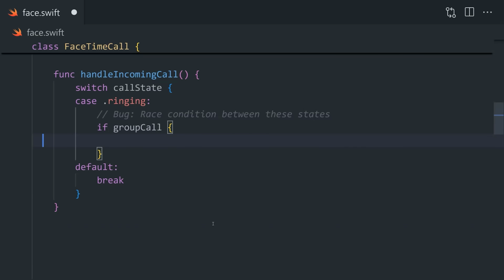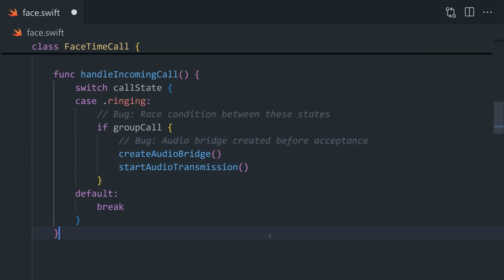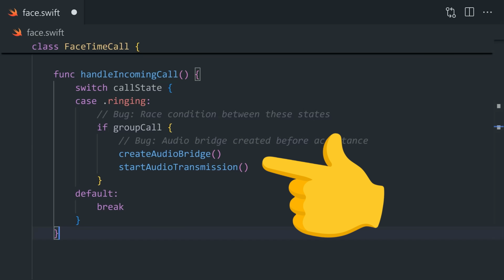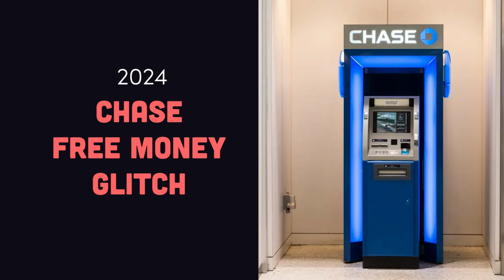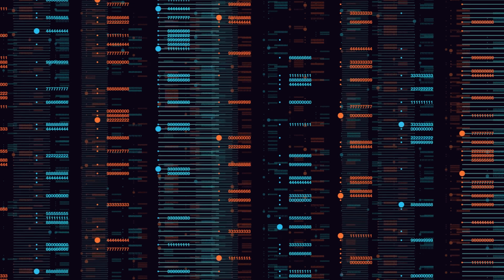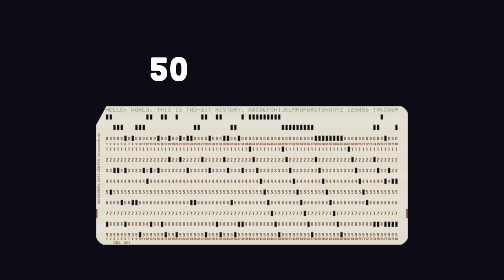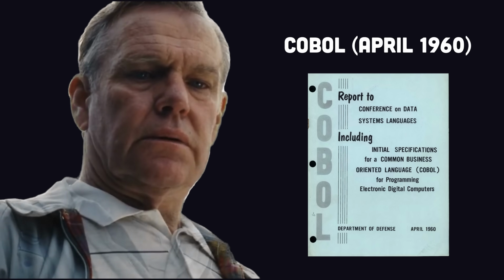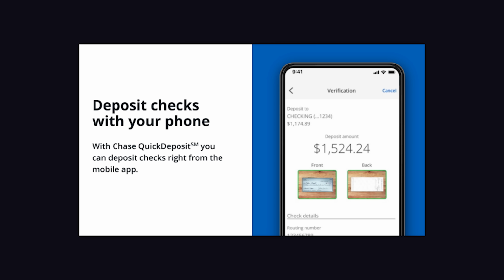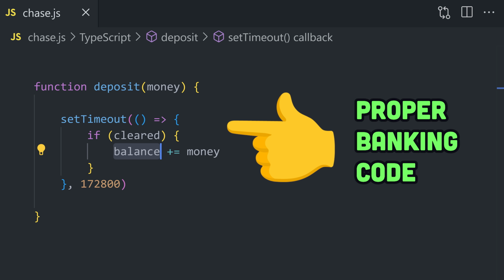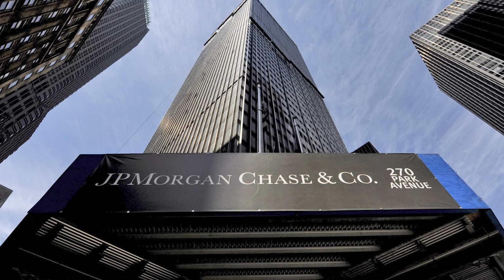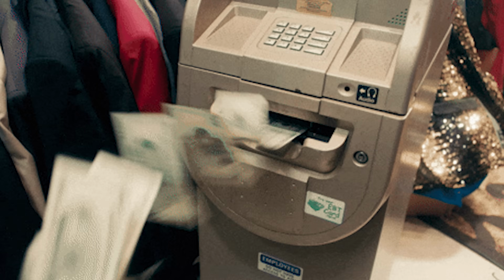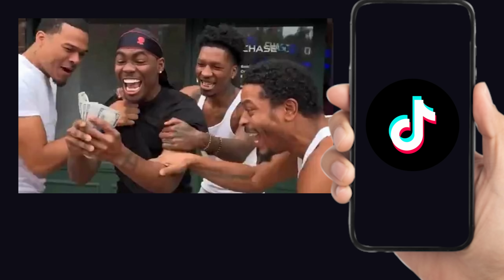But the root of the problem appears to be the fact that they weren't checking the state of the call before activating the audio stream. Normally, software bugs cause people to lose money, but sometimes the opposite is true, like the 2024 Chase ATM glitch. Most banking systems run on proprietary code that was written 50 years ago using ancient languages like COBOL. Usually, when you deposit a check, it needs a few days to clear before you can withdraw those funds from an ATM. But at JP Morgan Chase, some sort of glitch prevented this safeguard, and tons of viral videos hit